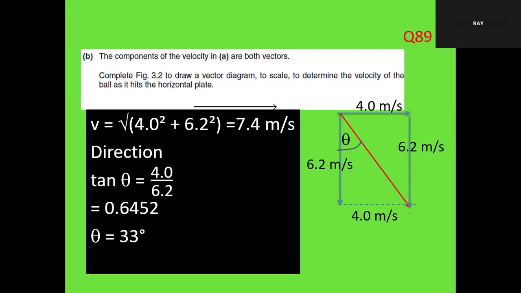Is there a limit for the Zoom? Say again. Is there a limit for Zoom